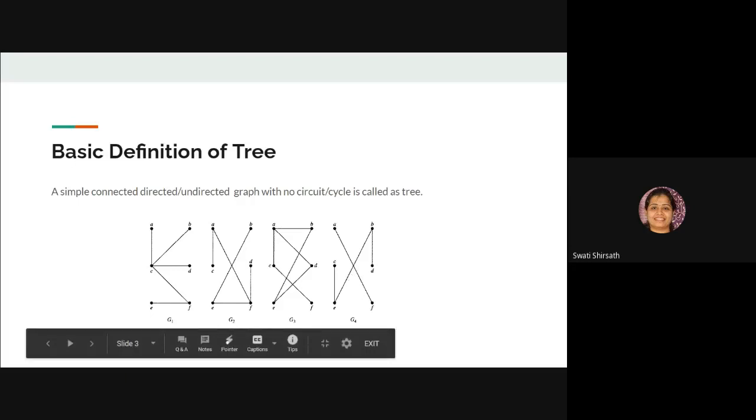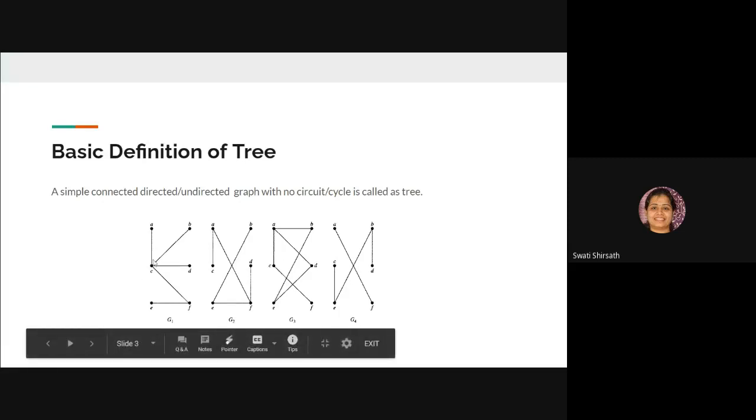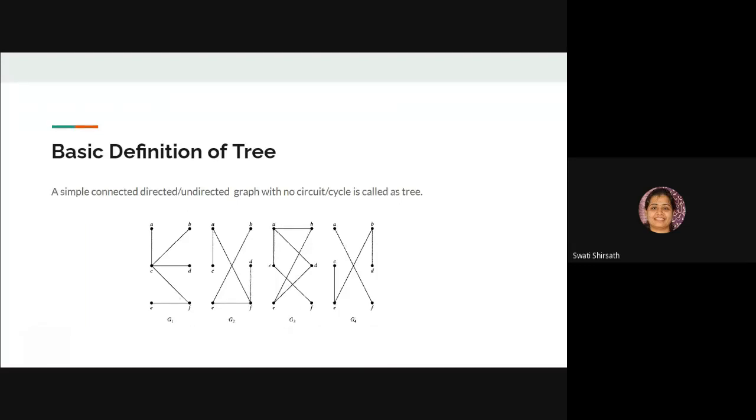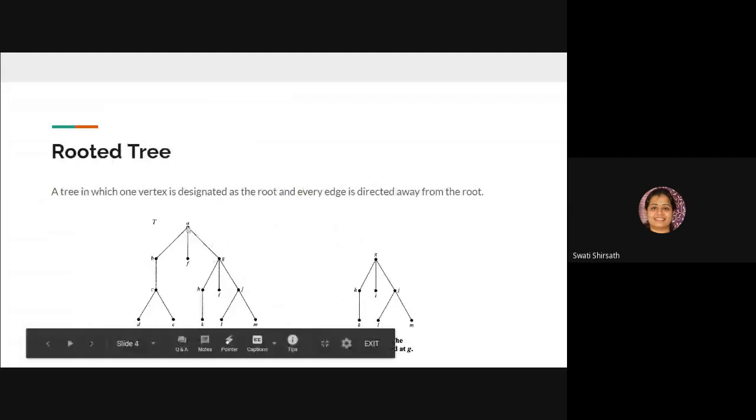Also, there is a formal definition of a tree. These trees are also called rooted trees. It depends on the appearance of the tree in different applications. So the one we are dealing with is a tree, but if you rotate it, or if you come across these types of diagrams 1, 2 and 3, then they are also trees. A simple connected, directed or undirected graph with no circuit or cycle is called a tree. This rooted tree has a special vertex, the root, which is why it is called a rooted tree.